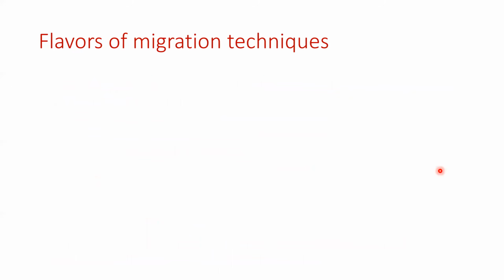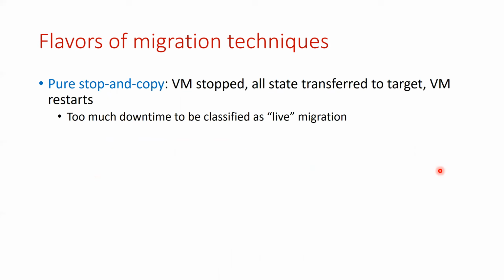In this broad design, there are multiple flavors, multiple migration systems proposed. One is of course the easiest, pure stop and copy. That is, you do not push any memory beforehand, you don't pull any memory after migration. Instead, when you have to migrate a VM, you first stop the VM. All the CPU context, all the memory, everything is transferred while the VM is stopped, and then you restart it at a new location. This is equivalent to migrating a physical machine. You shut it down here, then you move it and restart it in another location. So that is what pure stop and copy is.